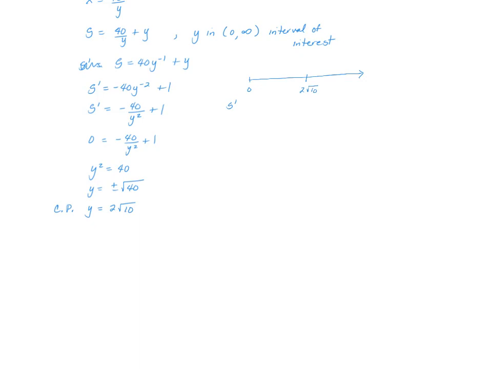and I'm going to plug in maybe 1 into my first derivative, and that would give me a negative. If I plug in something larger than 2 square root of 10, like 10, that would give me a positive in my derivative. So it goes from negative to positive. This is a local min, and then by theorem 4.5, I believe,